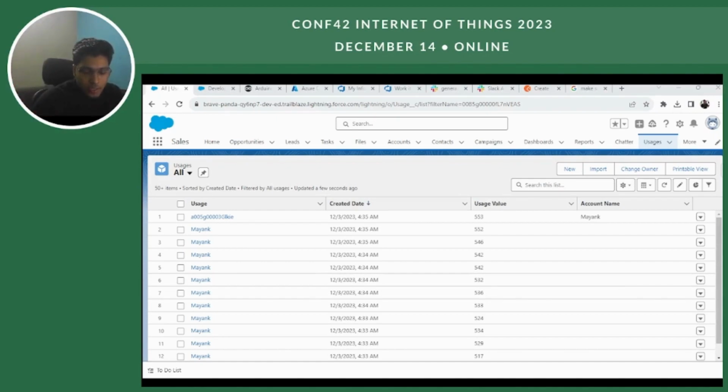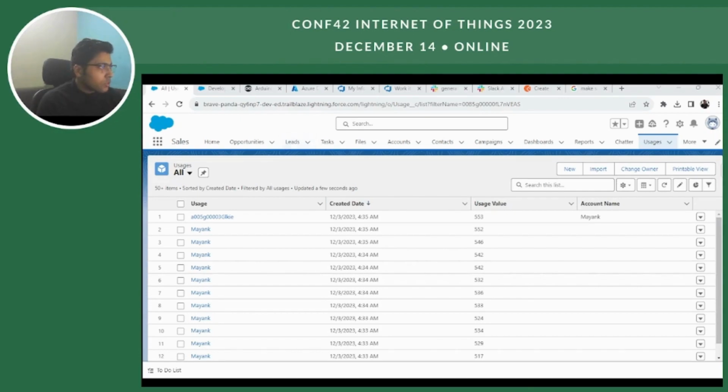I have integrated the miniature smart energy meter circuit with three applications: one is Salesforce, second is Slack, and third is Azure DevOps, for different purposes. I'll tell you what those purposes are. I'm considering an example of a retail energy enterprise for this demo, since we are dealing with a smart energy meter here. So let's see the Salesforce integration part first.